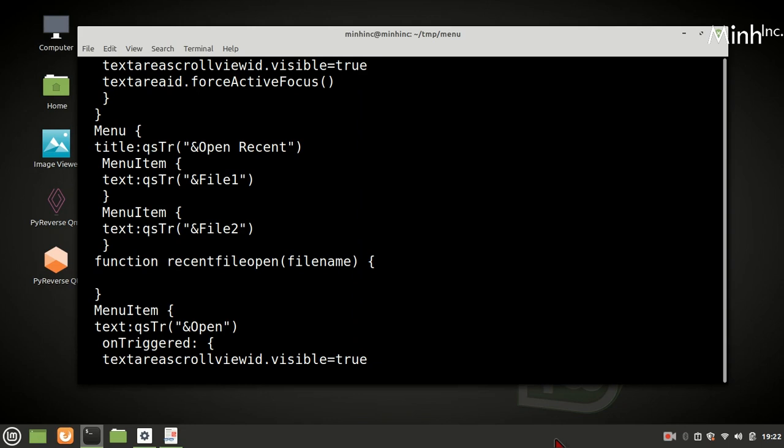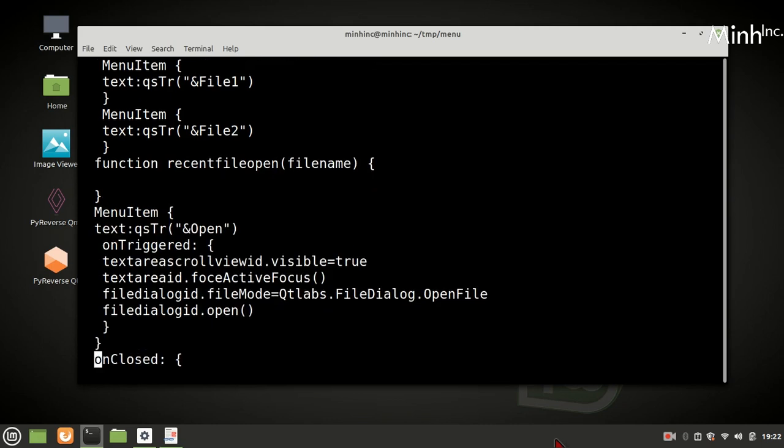Okay. So our open triggers the open, and it comes here, and so it would be kind of text area ID dot text equal to file name. So we have to bring the file name data.